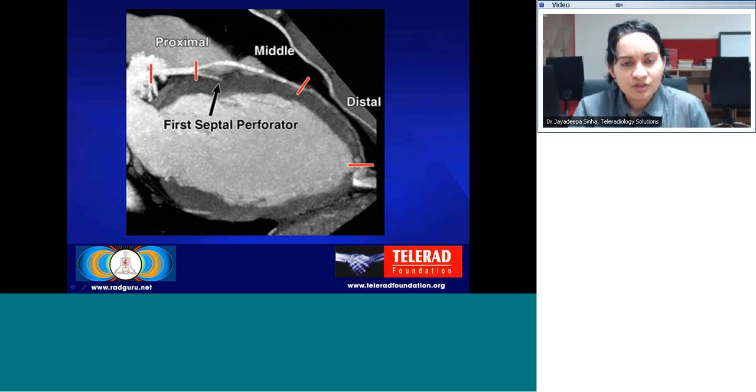From the origin of the left anterior descending artery up to the level of the first septal perforator is defined as the proximal segment of the LAD. The segment from this origin of the first septal perforator up to midway between the